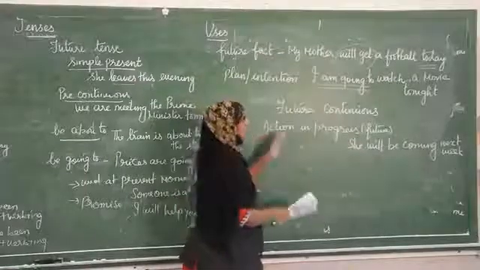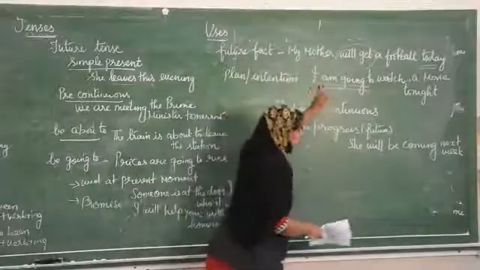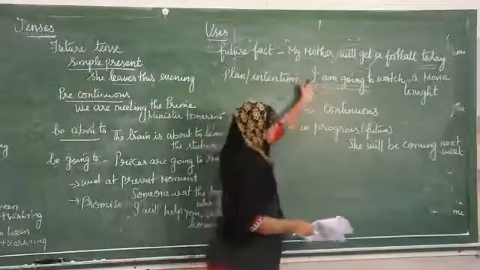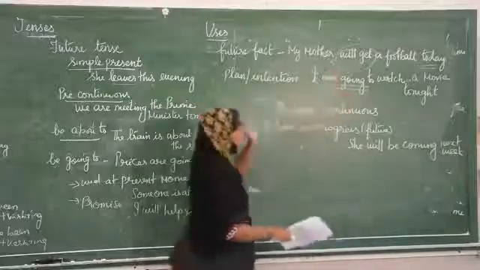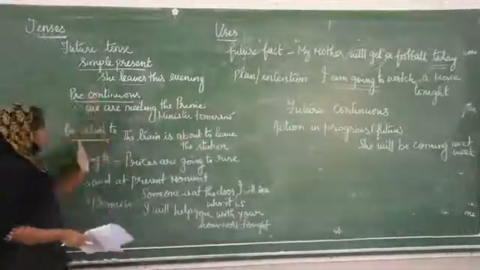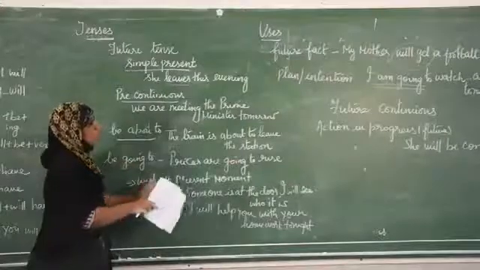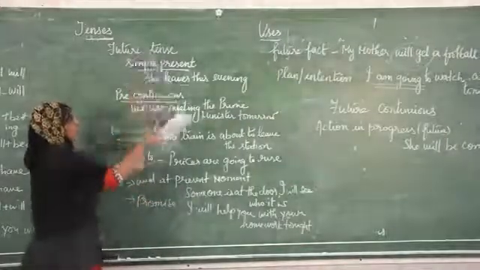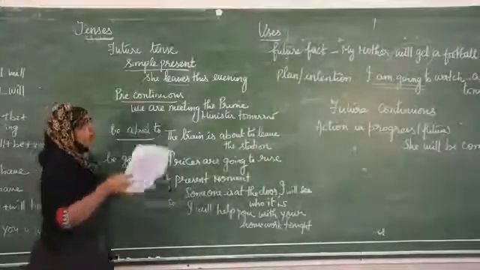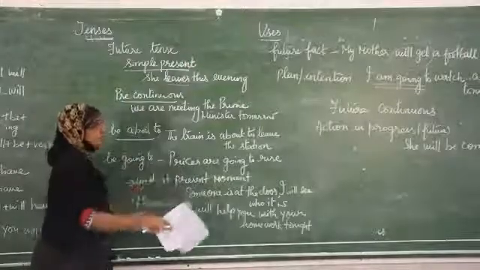Here, am going is again present continuous tense. But still the action has not taken place. It is going to take place in future. So this simple future tense refers to an action that's going to take place in the future. Either it will be in present form, present continuous form, or it will have the will or shall form.